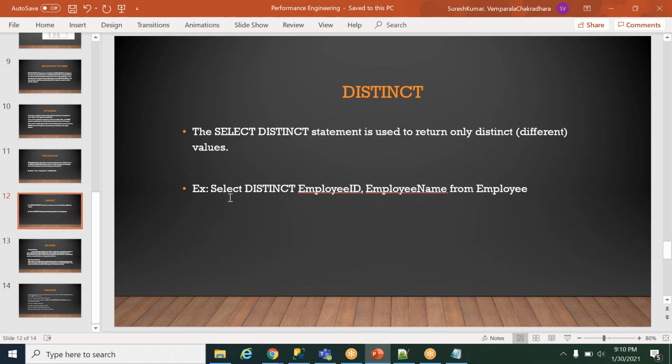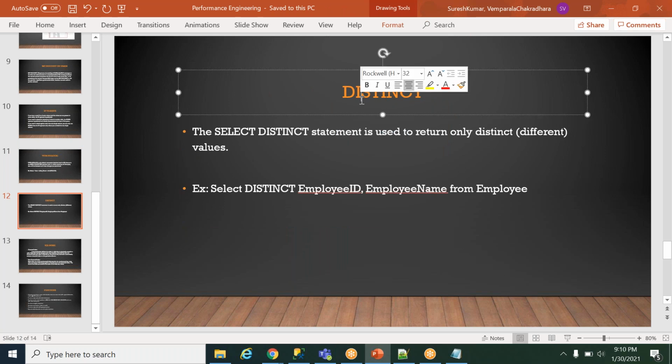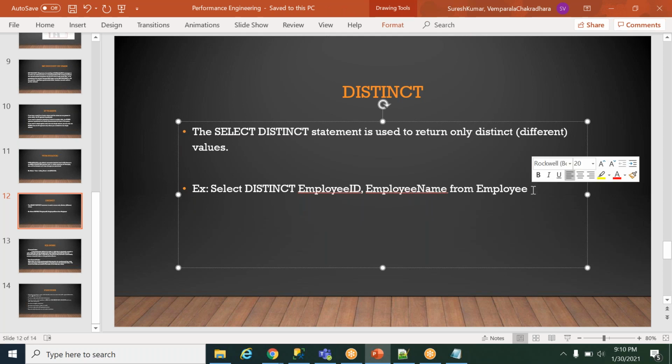This is what is useful about the function. Now we have another feature called DISTINCT. The SELECT DISTINCT statement is used to return only distinct, different values. Example of how to use the DISTINCT keyword: select distinct employee id, employee name from the employee table.